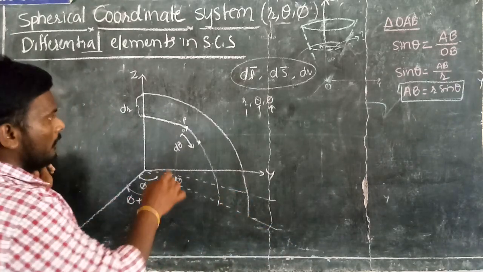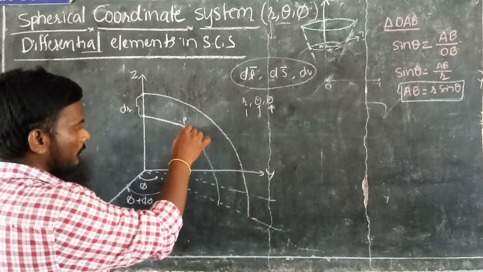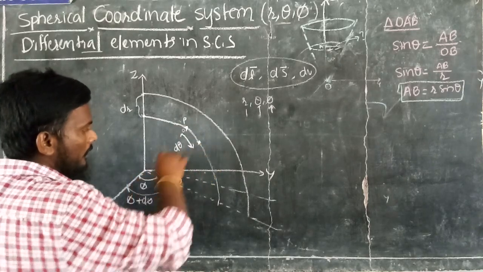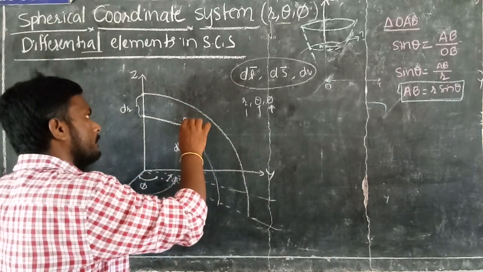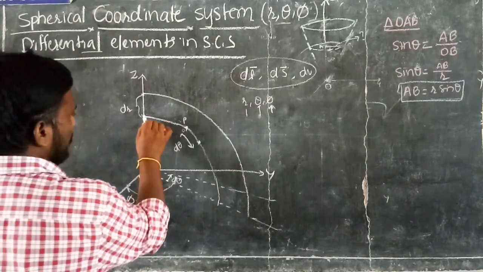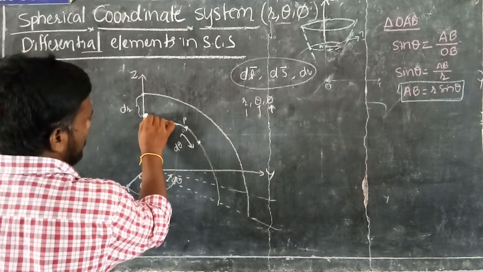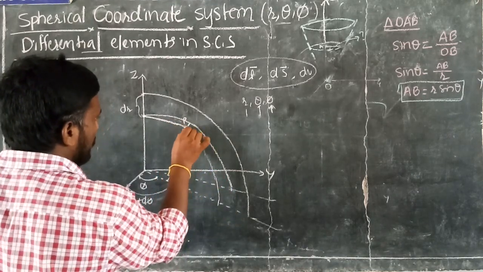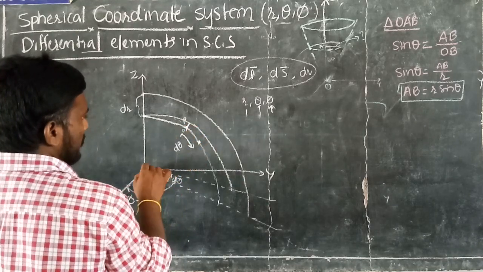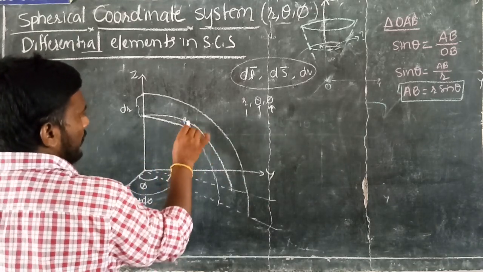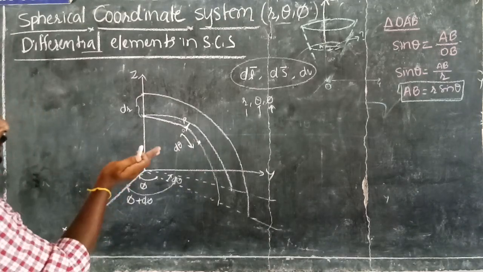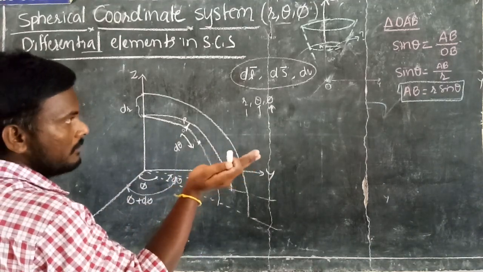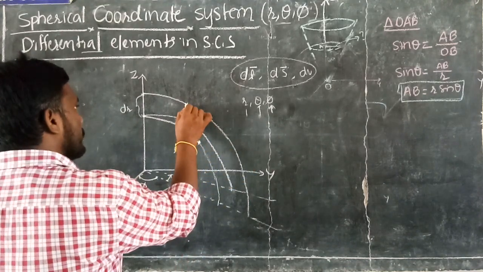This is r. Okay. Now I have r here. R comma, where is theta? Theta is changing in this direction, and phi is changing in this direction. So phi is changing up to here. Up to here it is r, and theta, and phi. Okay. After increasing r to r plus dr, theta to theta plus d theta, phi to phi plus d phi, a new point is going to be formed here.